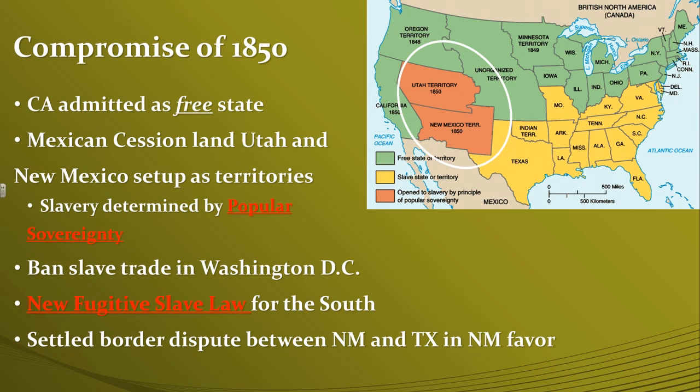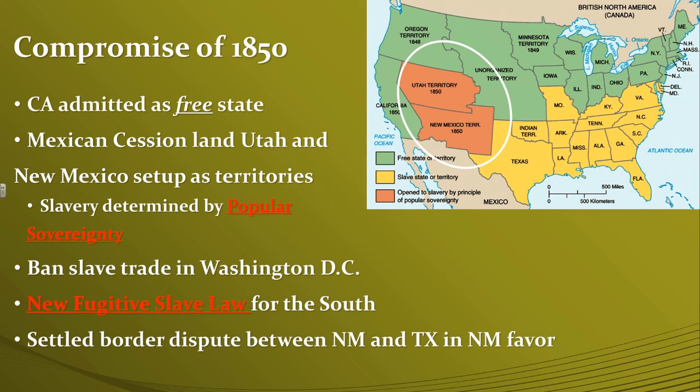Problem is, we need to have that balance between free and slave states. And that's what brings in Henry Clay once again, the compromiser of all. And he comes in with his Compromise of 1850. He says a couple of things here. California, you're in as a free state. Congratulations. Point number 2, the rest of the land, the Utah and New Mexico territories, we're going to allow popular